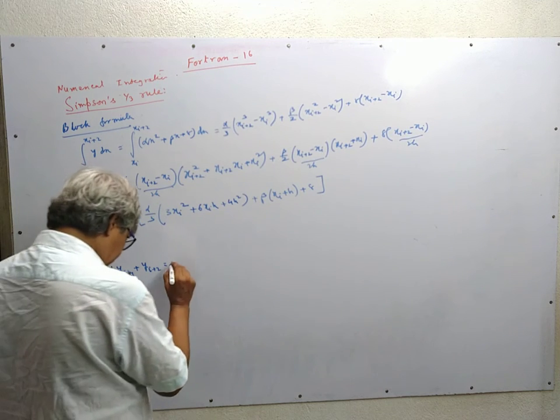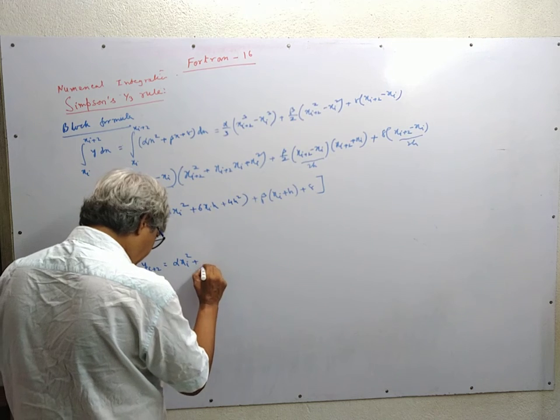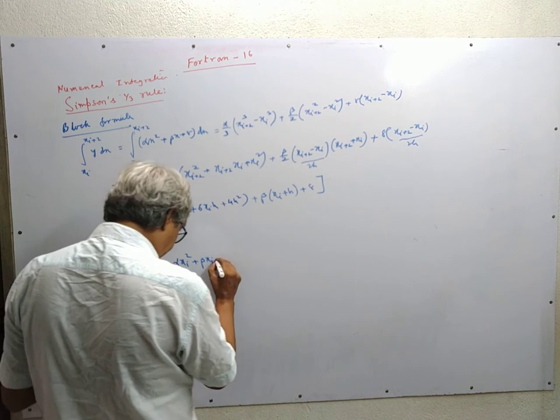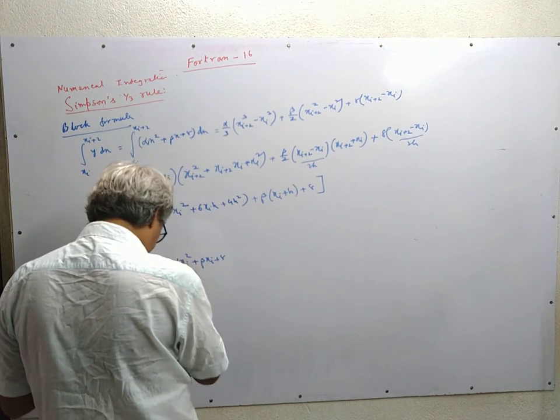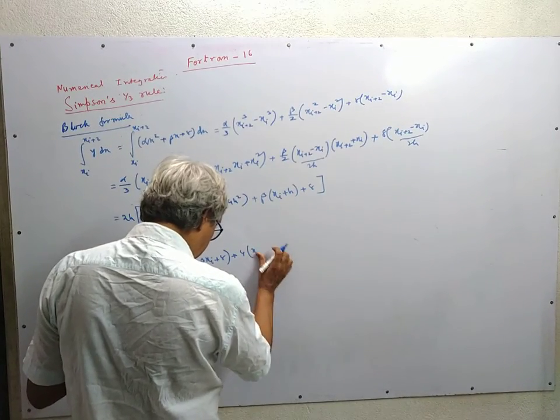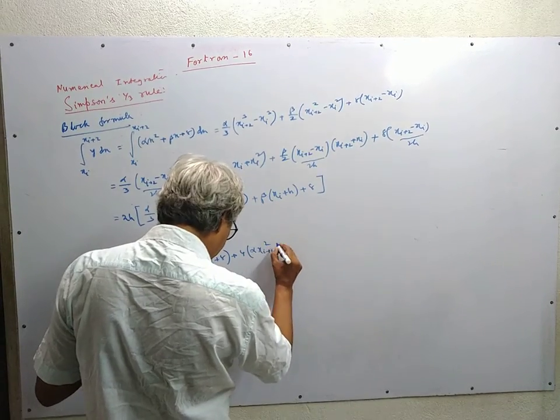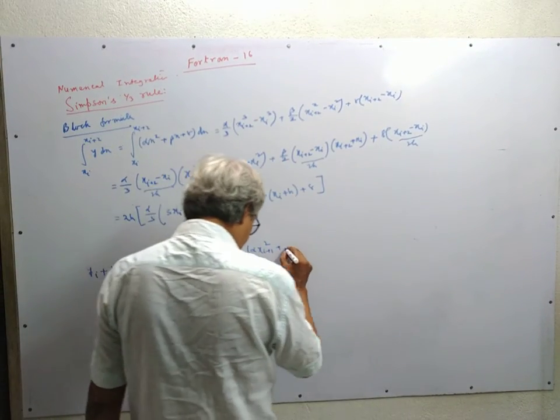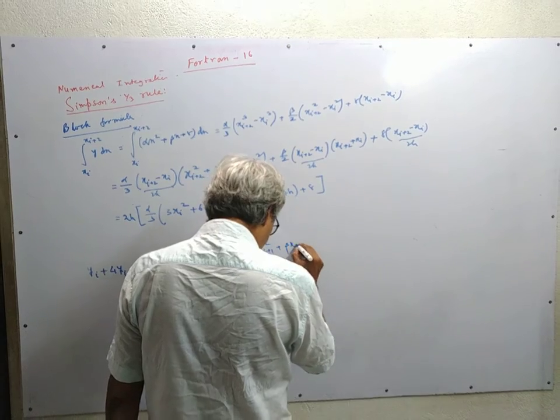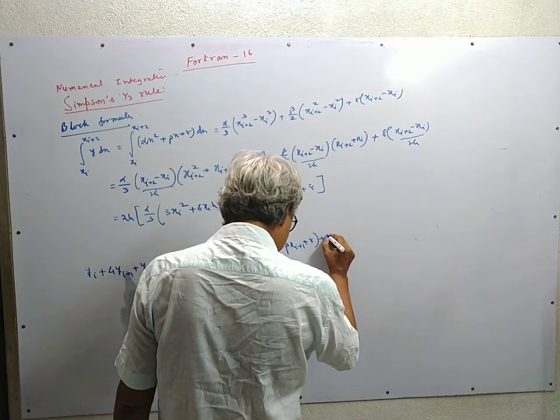Now if we write this, it is alpha xi square plus beta xi plus gamma, this is the first term, plus 4 times alpha (xi plus 1)² plus beta (xi plus 1) plus gamma, plus